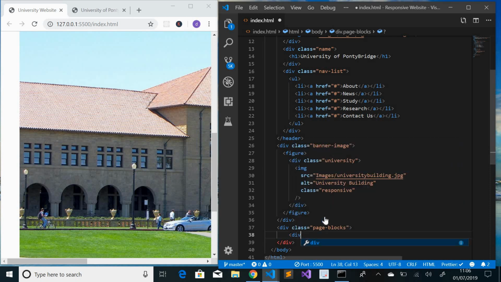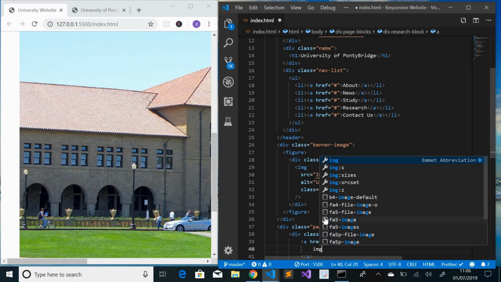So we'll start by creating one for research. So the research block will be the class name, and inside that an a tag. So right now, as I said, we don't have research.html, so we'll just put hash, and